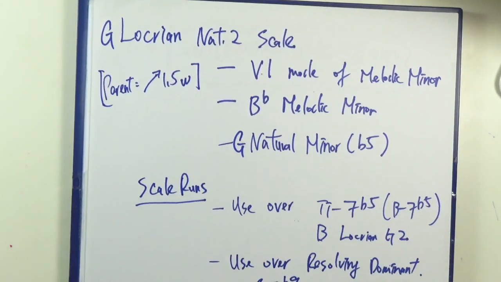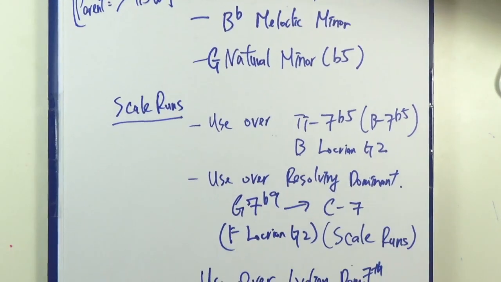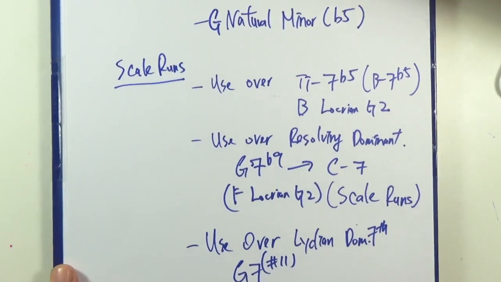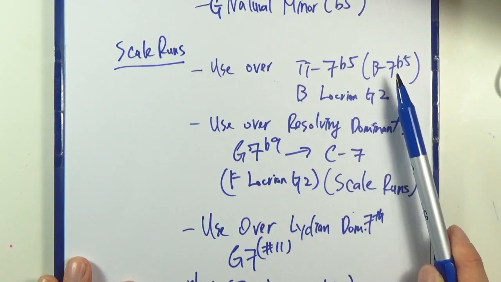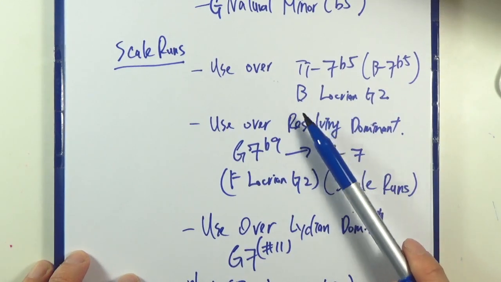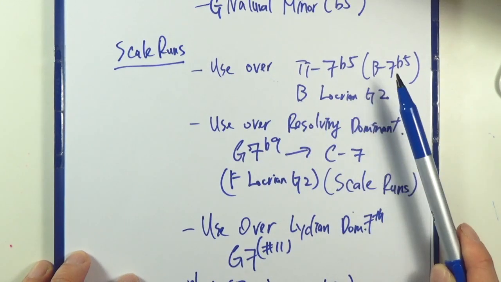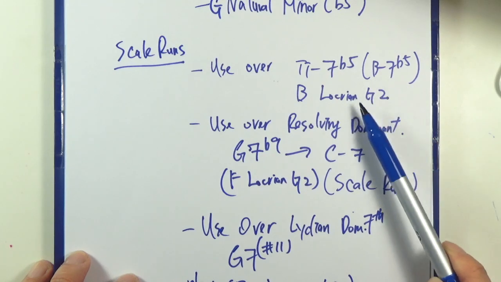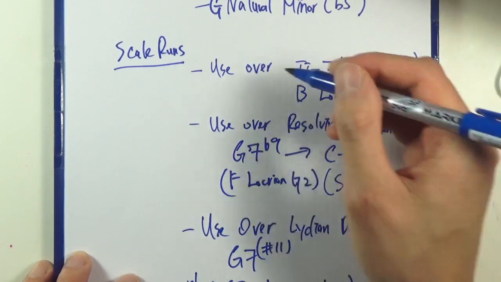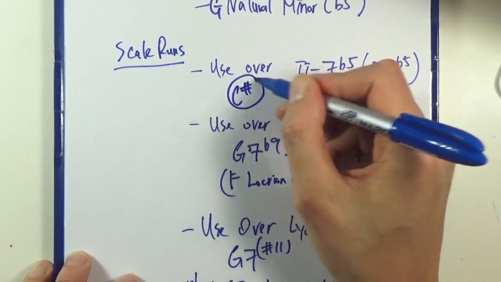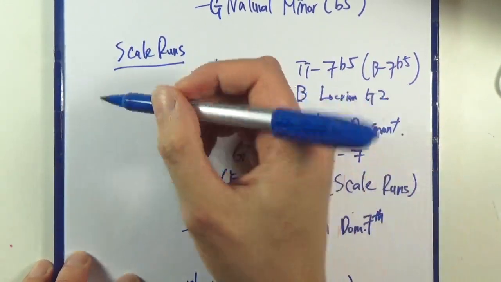All right. So we use it mostly for scale runs. We can use it over a II minor 7 flat 5 chord. So we can play B Locrian natural 2 over B minor 7 flat 5. So the natural 2 degree here, so in this case, B, C sharp, is not diatonic to the key. So say B minor 7 flat 5,